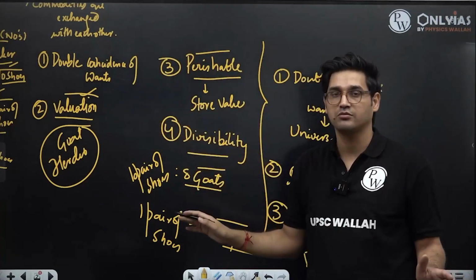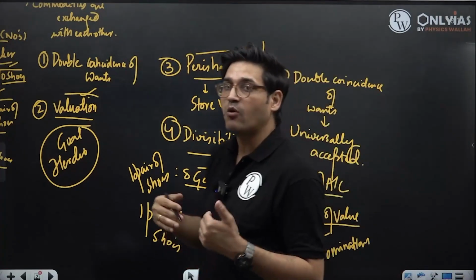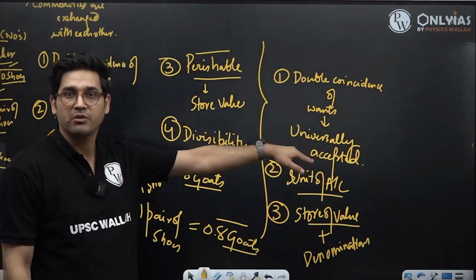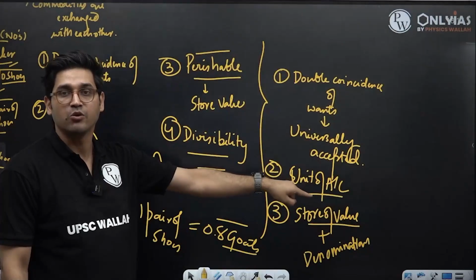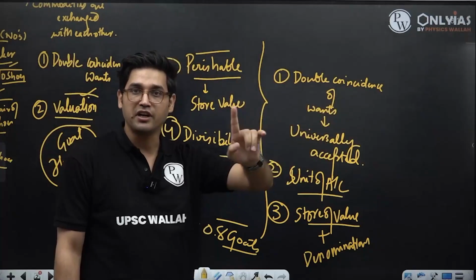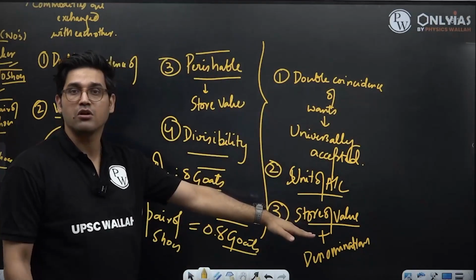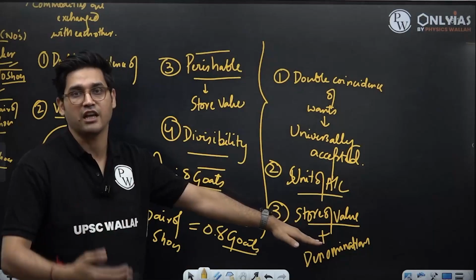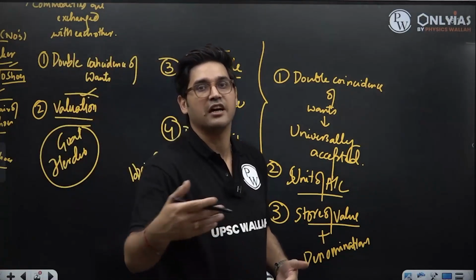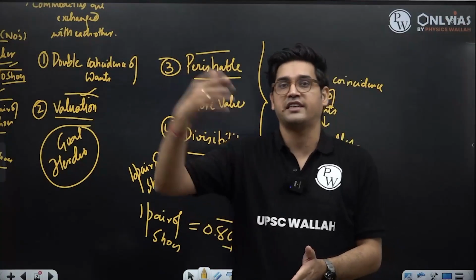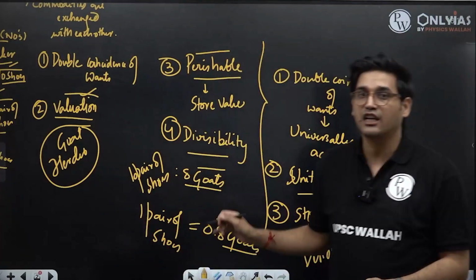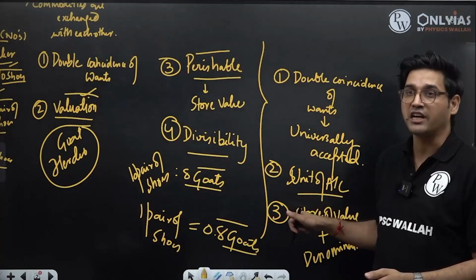The economies required one common commodity which would be universally accepted as a means of payment, one commodity in whose form the prices of every other commodity will be expressed, that one common commodity which is also going to hold value for me across time. It is going to be valuable today, it is going to be valuable 10 days from now, it is going to be valuable a year from now, 10 years from now, even 100 years from now, because it is non-perishable. That commodity is what is called money.